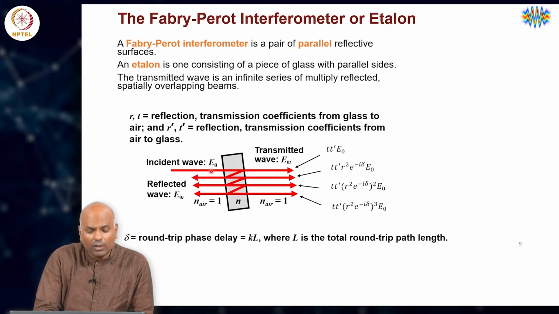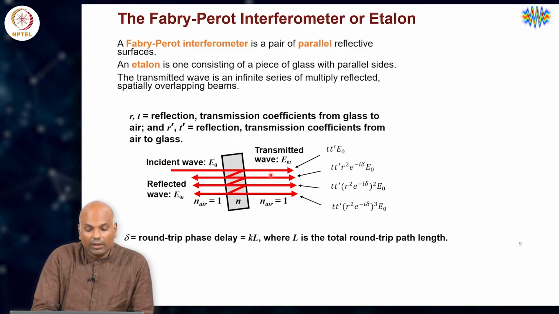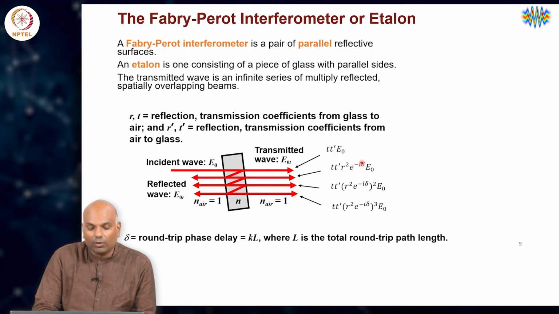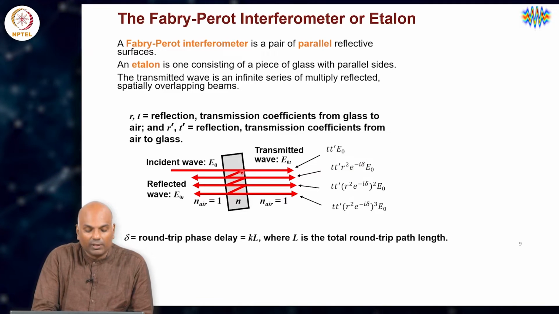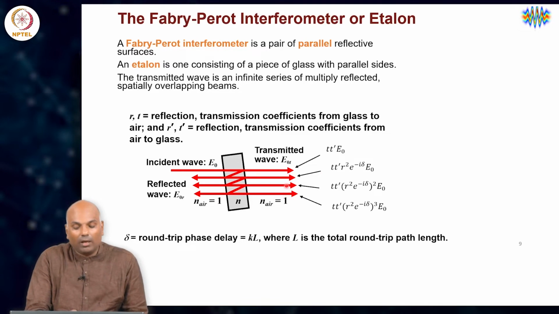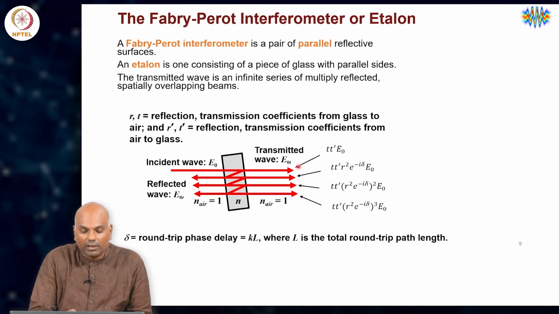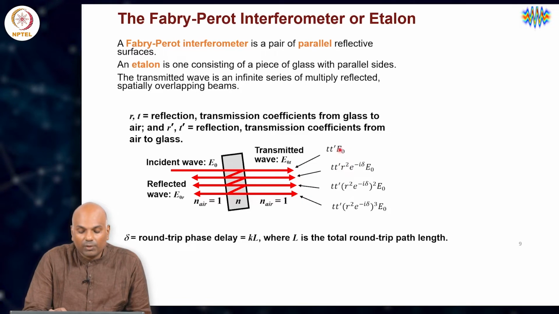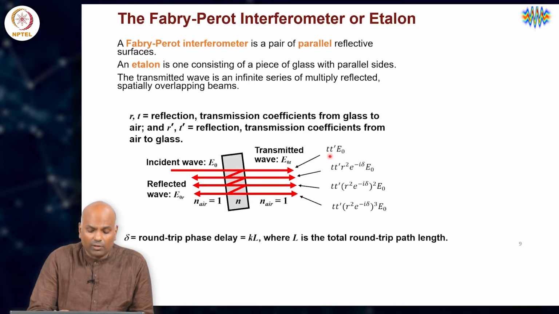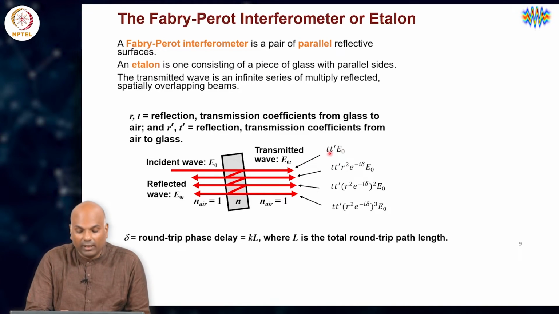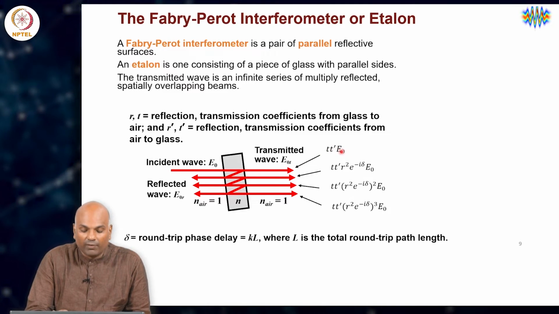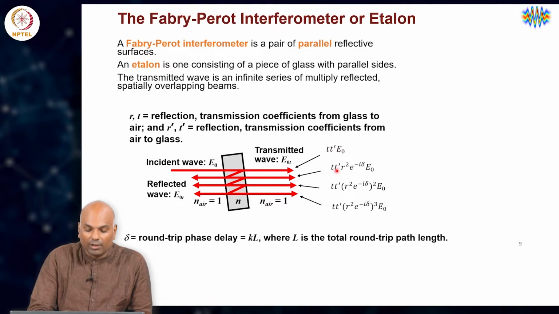But sticking to r, t, r prime, t prime, all small case corresponding to the amplitude part of it, we essentially had the goal of writing down each of these constituent beams that are getting transmitted onto the right, emerging out of this etalon from inside the etalon to its outside, which is air. We wrote down all these transmitted beams in terms of the input field amplitude E naught. So, the first or the 0th pass, which does not involve any round trip inside the etalon, is t t prime times E naught, the initial input wave amplitude,